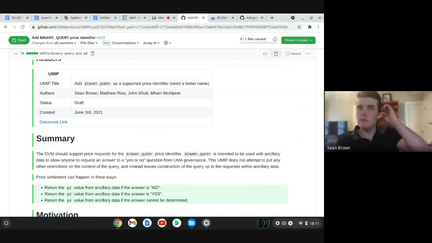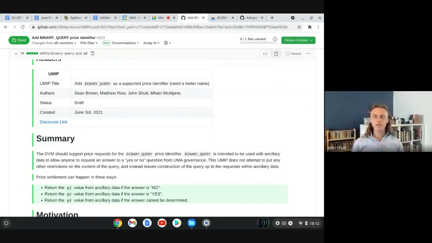Yeah, I was thinking of them as completely separate, where if you answer yes to this one, then P1 is your value for this item in the list. Then you answer no for the next one, and you return P0, and then you add up your return values from each of the items in the question list, and then you return the sum of all. I think since you're able to define the ancillary data however you want, I think that you could